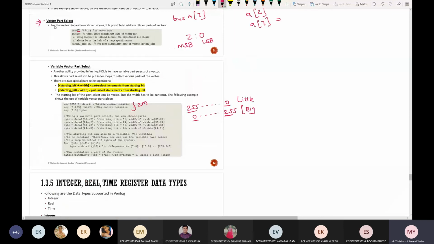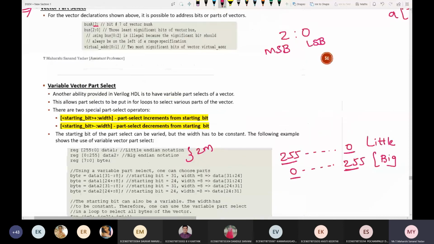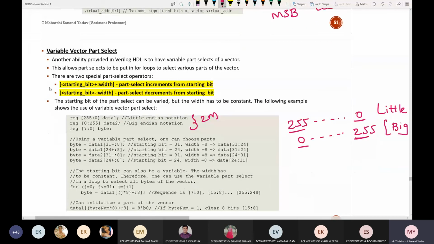So we have covered till here vector part select and variable vector part select. These are some of the notations which you need to remember, but generally we won't use this. For better understanding, you go through this. See starting bit plus width. Take this one: byte is equal to data 1 and this 31 minus 8.